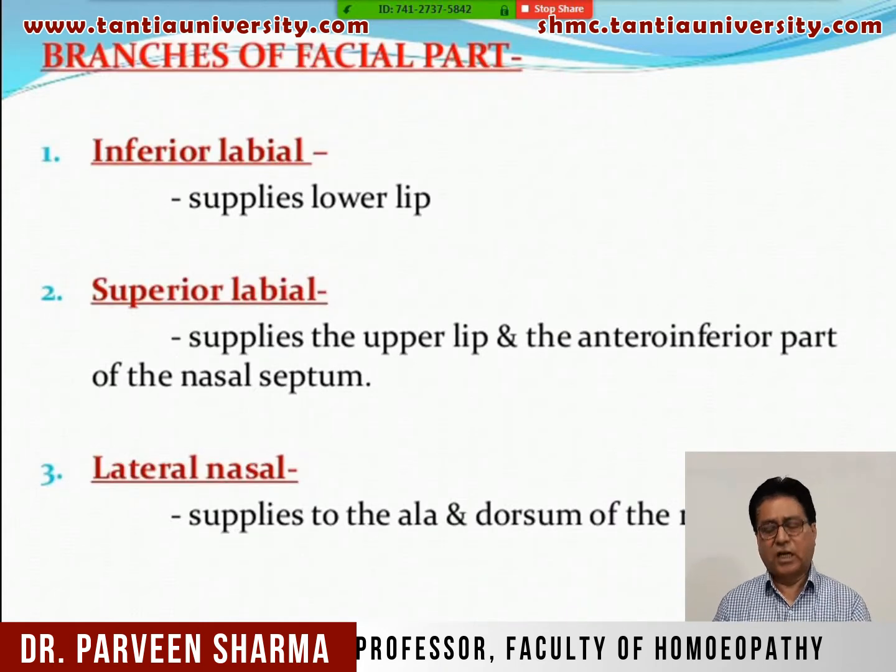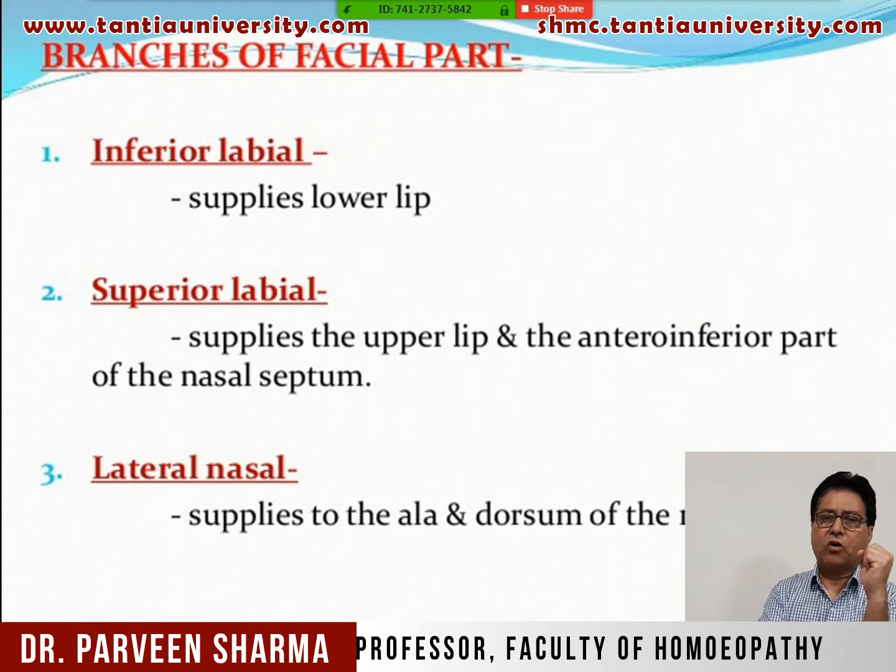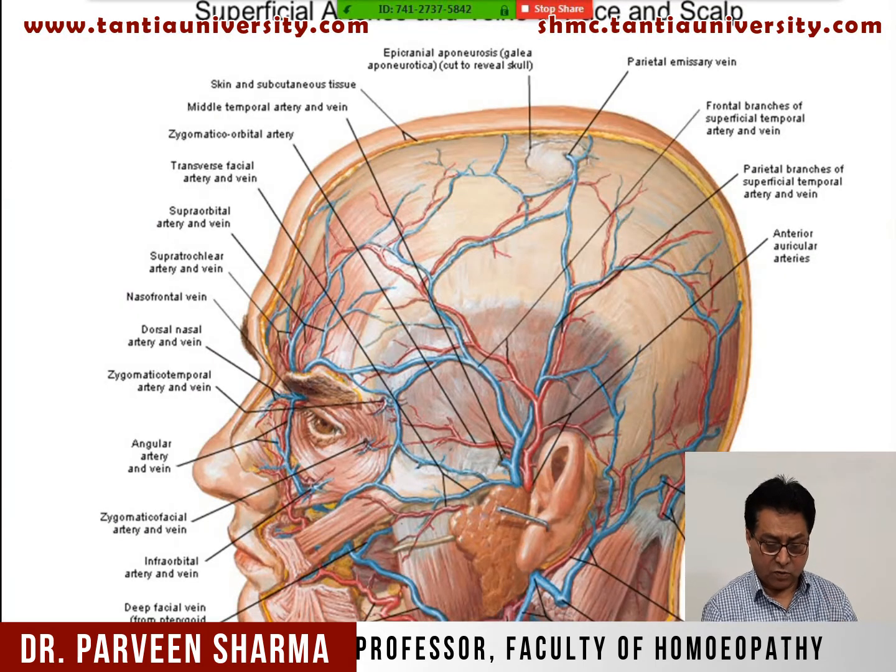Now facial artery. Facial artery is a branch of external carotid artery. The question can be describe the facial artery on the face. So facial artery enter on the face by winding around the lower border of mandible. Here you see, this is the facial artery. So this is the lower border of mandible, if you can make out the arrow. So it enter on the face by winding around the lower border of mandible, just in front of anterior-inferior angle of masseter. This is the masseter muscle. Here you can make out, this is the masseter. This is the anterior-inferior angle of masseter.